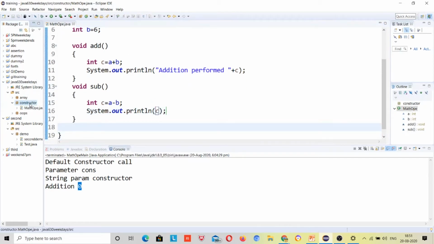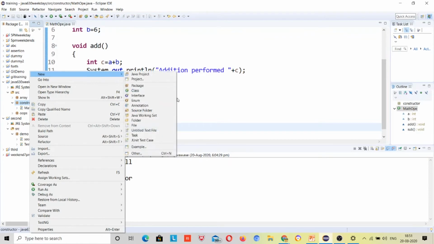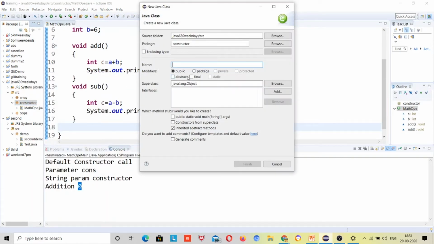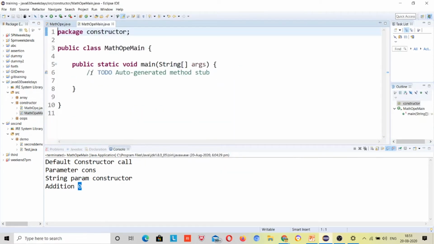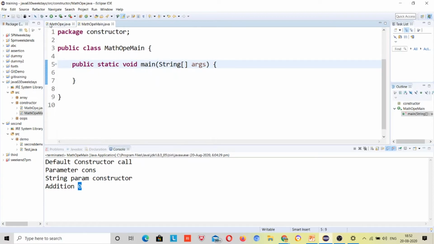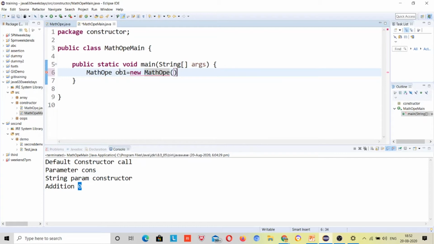Now make a main method for it. Click on main method and make the main method. Make the object for this class, and how to make the object, I told you yesterday: MathOperation ob1 is equal to new MathOperation.